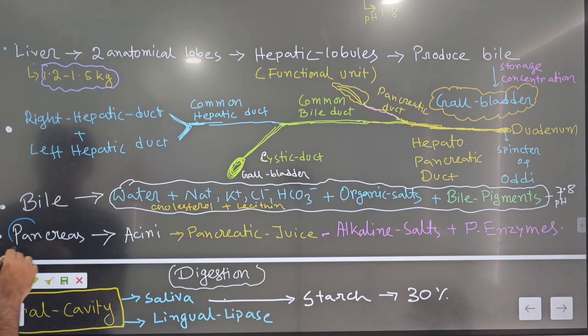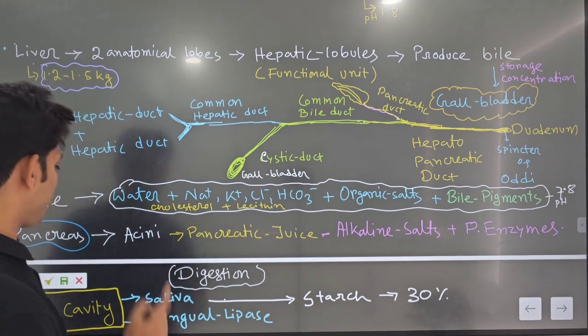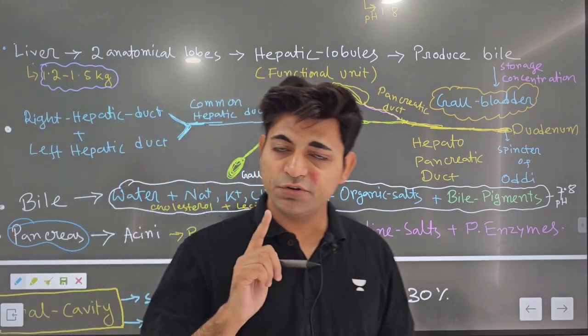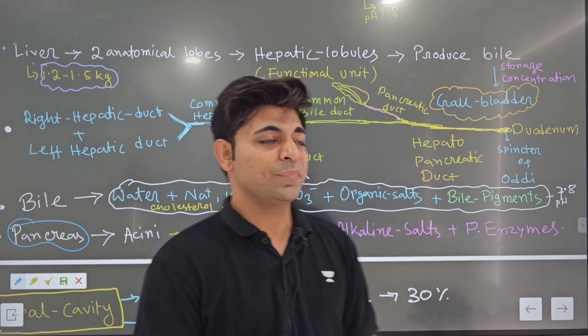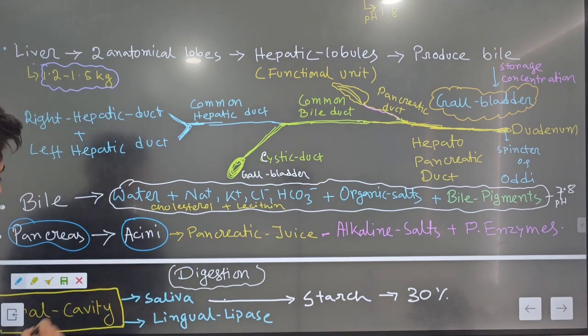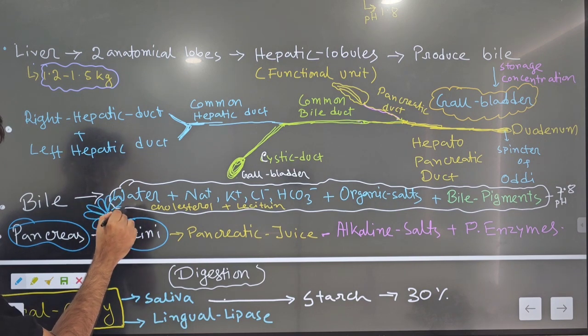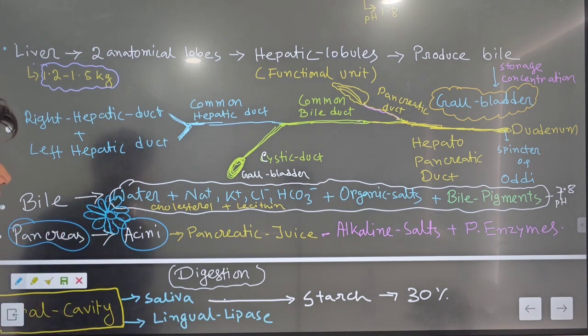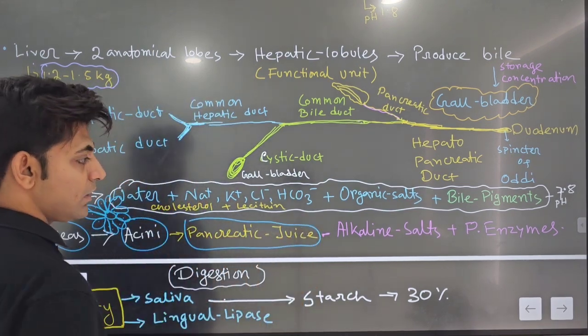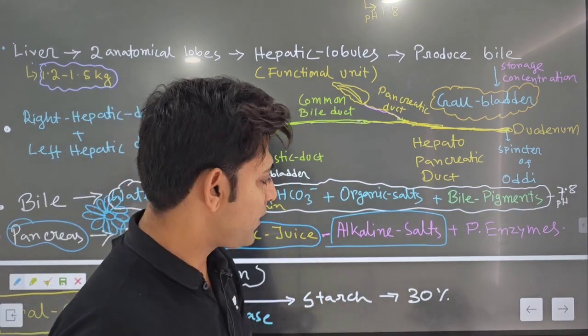Now the pancreas. The pancreas produces pancreatic juice as well as some hormones, so the pancreas is a heterocrine gland. Here we are studying the digestive system, so the glands releasing the digestive pancreatic juice are called acinar glands. There are some cuboidal cells called acinar cells, and these acinar cells together form pancreatic acini or acinar glands. They release pancreatic juice, and pancreatic juice has some alkaline salts like sodium carbonate and sodium bicarbonate,